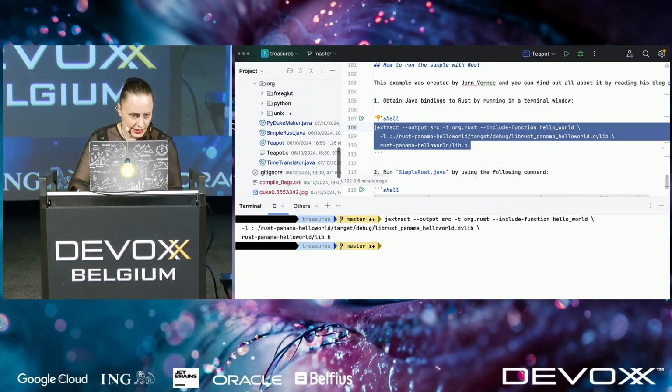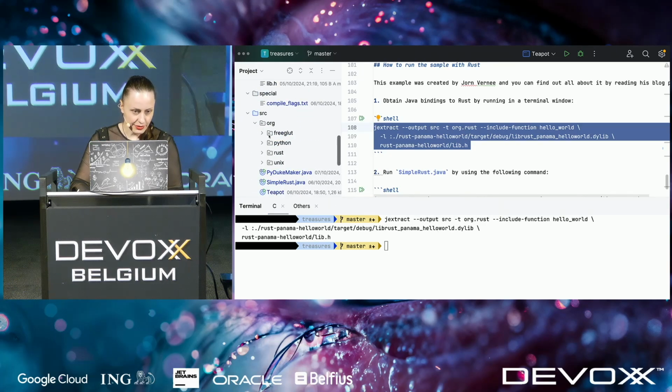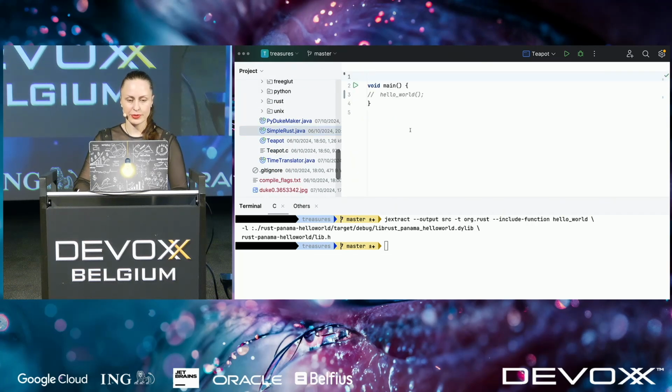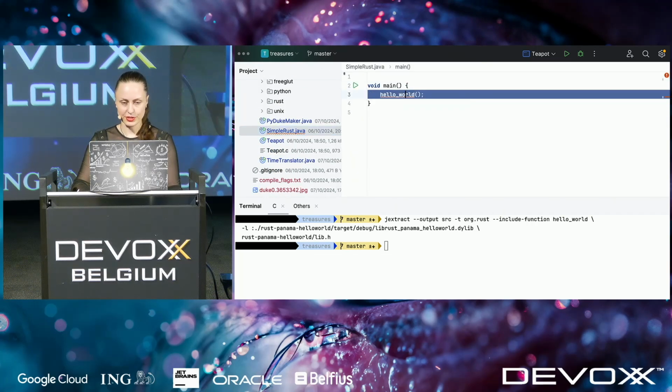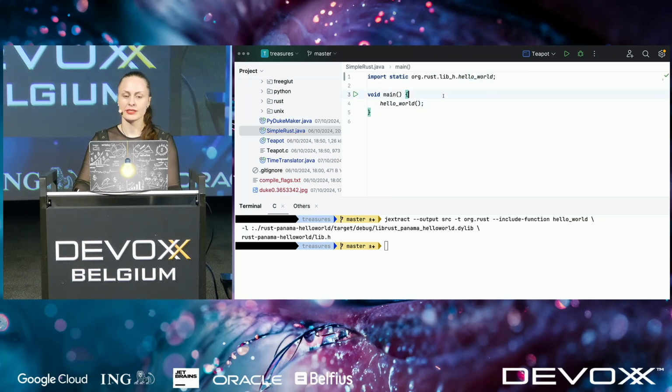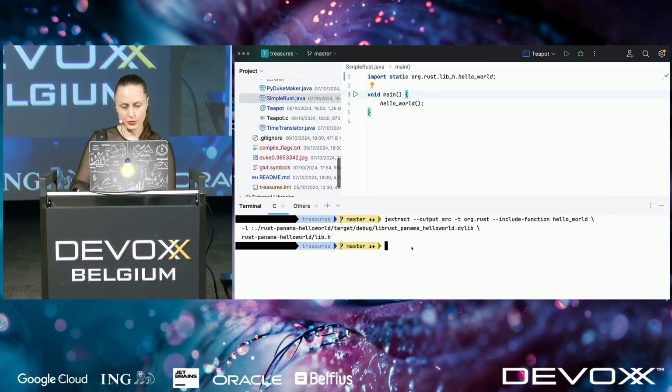Okay, it ran. Let's see if I get something here. Okay, we got Rust. Amazing. So let's see the simple Rust. A simple Rust, of course, invokes hello world, import static method, imported here, hello world. And of course, when needing to run this,